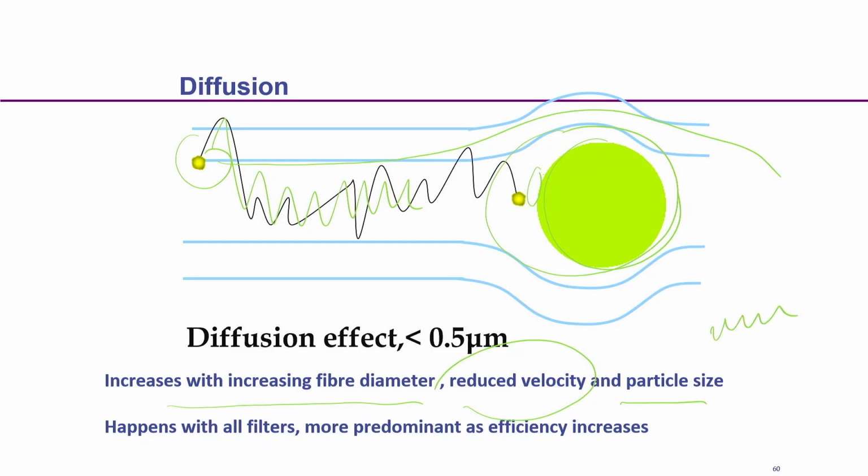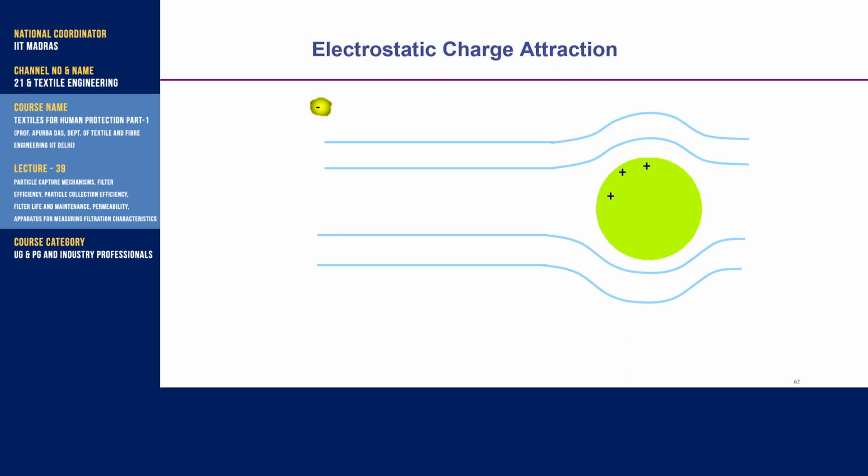So, it happens with any filter we can use, because the chance of striking will be there, but more prominent as efficiency increases. So, if we want a filter with higher efficiency, Brownian diffusion will be there. That is actually, the next method is the